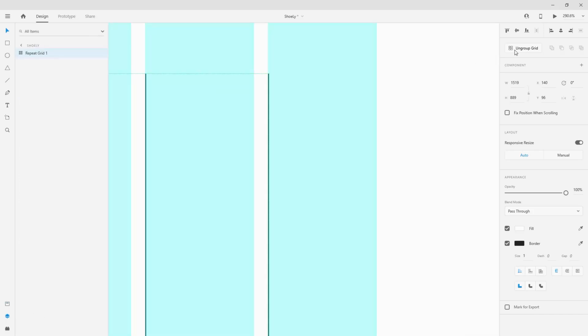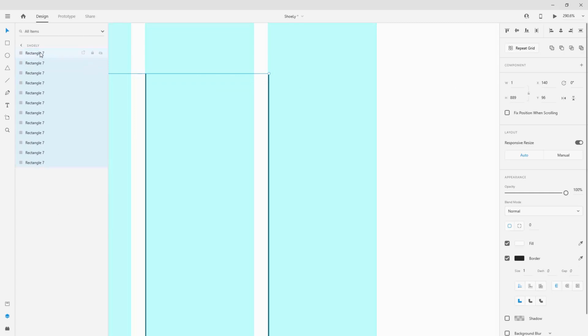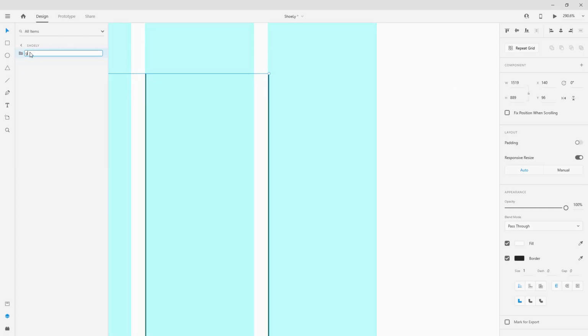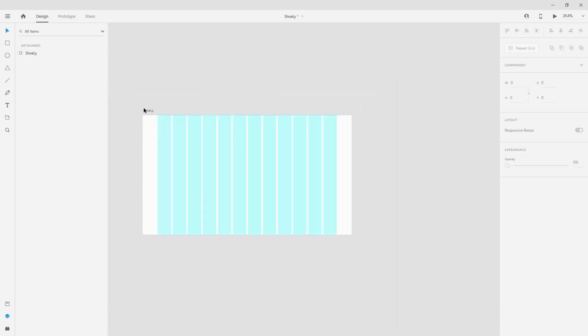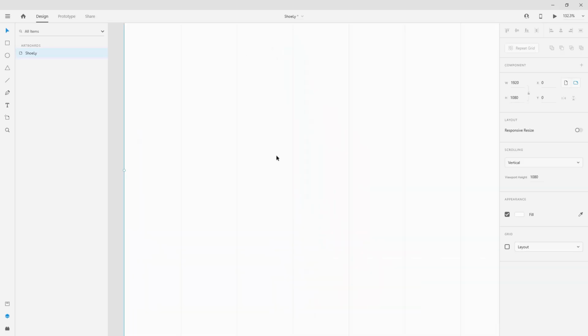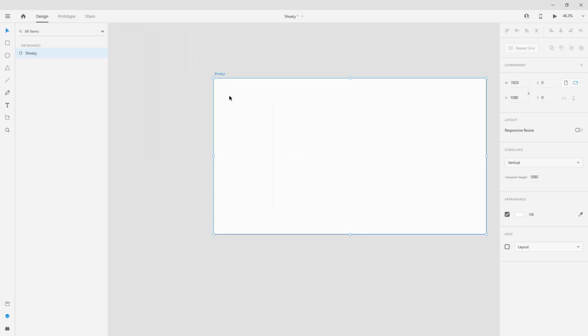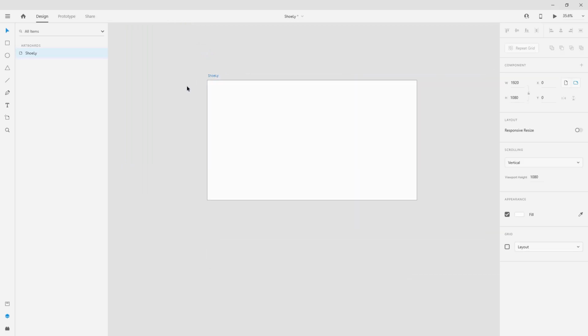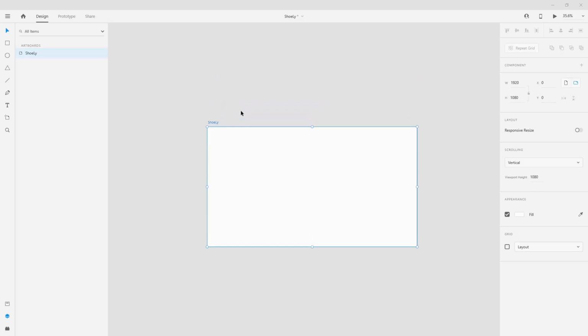I'm going to ungroup my grid, hit Ctrl G, and I'm going to call this grid lines. And finally, what I'm going to do for my grid lines is lower the opacity to 10%. You can hit 1 on your keyboard, or you can simply jump right here and lower the opacity down. So if I click right here and hide my layout, you can barely see them, but they are there just to add some spice to our design. So basically they are positioned in the middle, and now we can move on with our design and add some